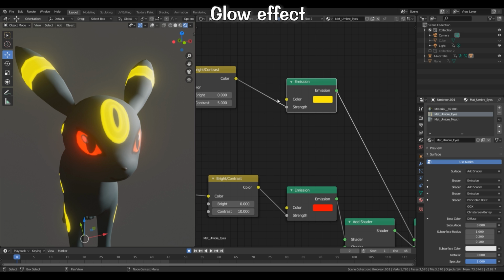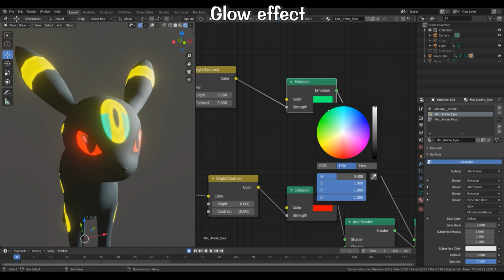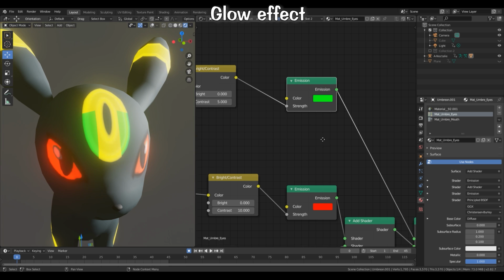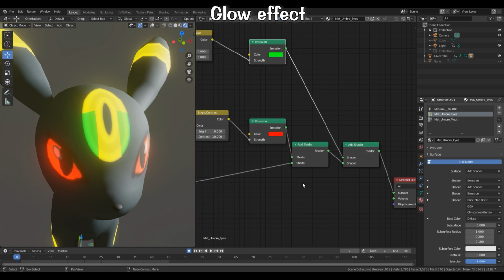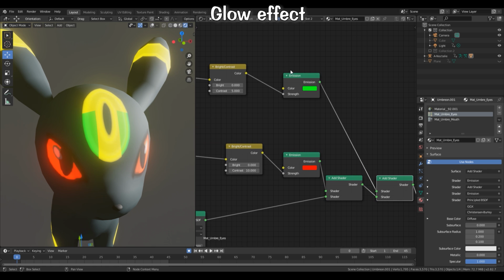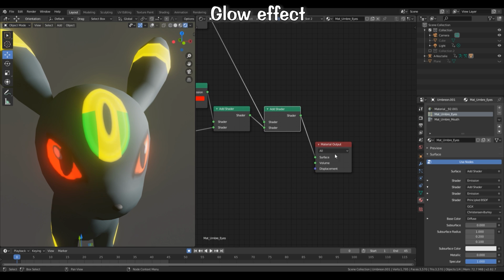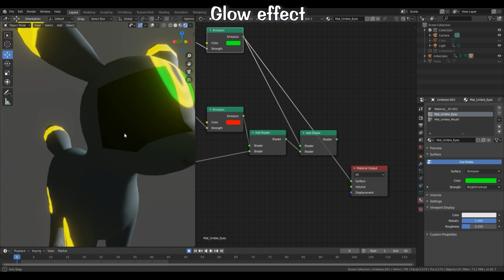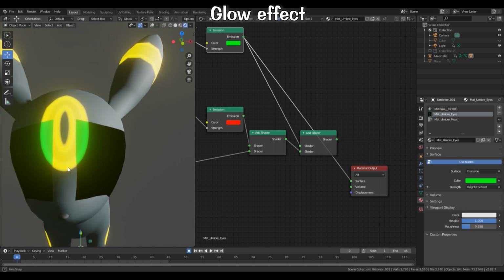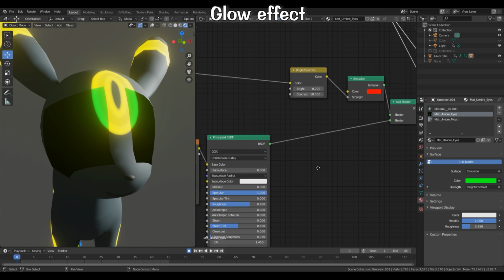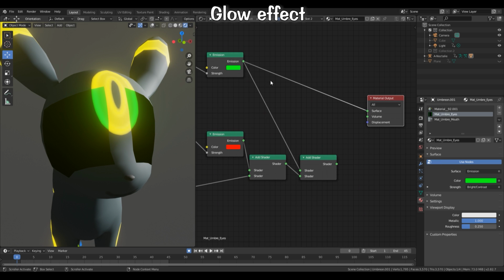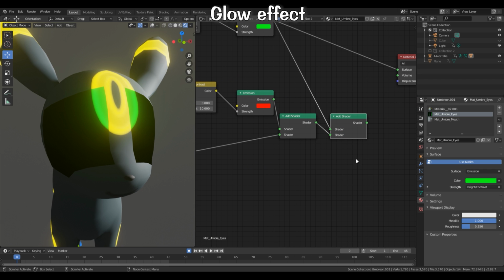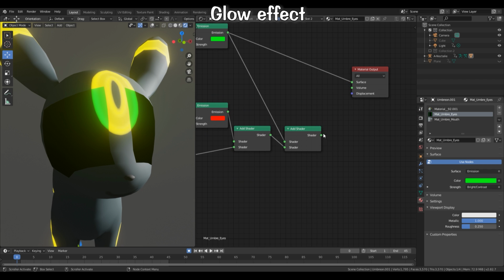And the something is an emission. So for example, I can change the color. Now it's green. Beautiful. And then all I need to do is just to combine this shader, so this part, with the normal one, and tada! So for example, if I put only this, as you can see, only the glow effect is applied, because here it's only this shader and not everything. Those elements are just for combining multiple shaders.